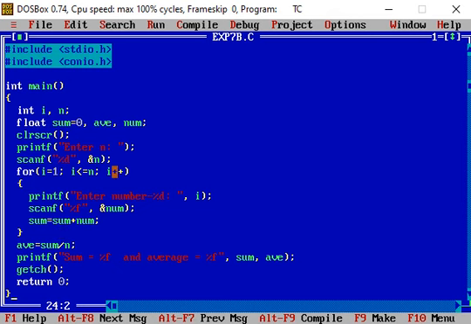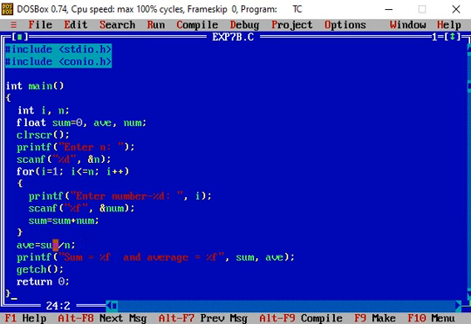After that the value of control variable I is incremented, and this time this value becomes 4. When the condition is tested, 4 is less than or equal to 3, the condition becomes false. So control comes out of the for loop, and out of the for loop average is equal to sum slash n. So the value of sum is divided by the number n to get the average.